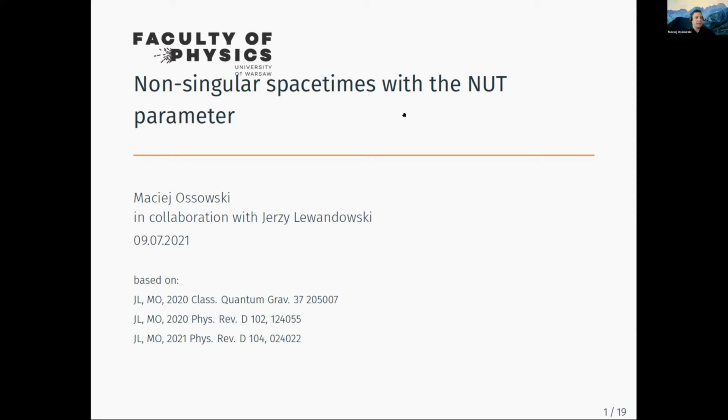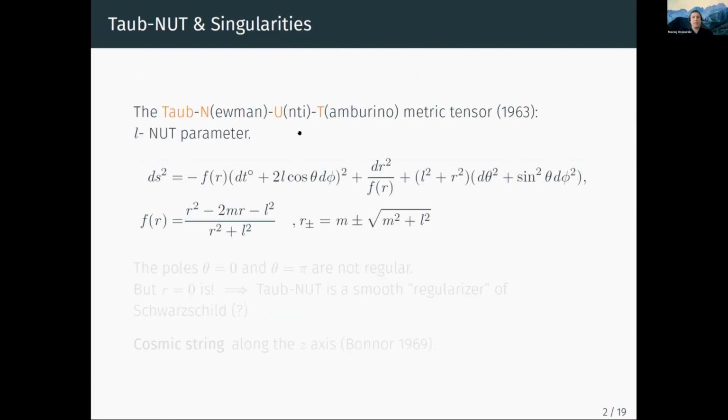So at the beginning, I should probably say that all of those spacetimes, this whole family that I will be talking about, is lambda vacuum, and necessarily in 4 dimensions, and they are all of Petrov type D. So let me focus for a moment on the most basic spacetime with a NUT parameter. So this is the Taub-NUT spacetime. And actually, this metric might look a little bit familiar.